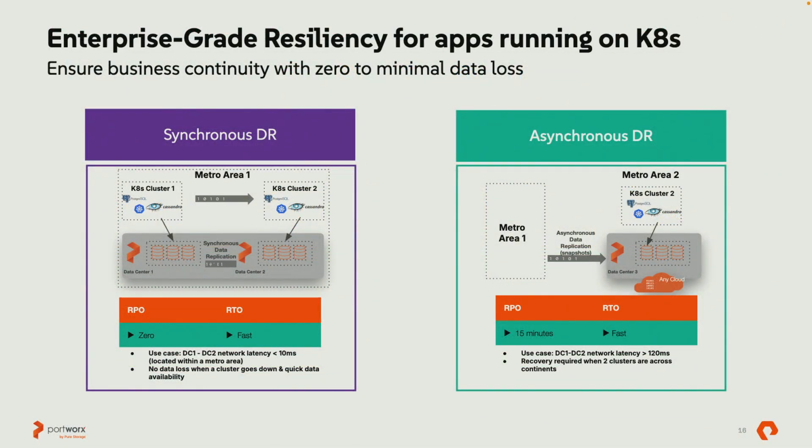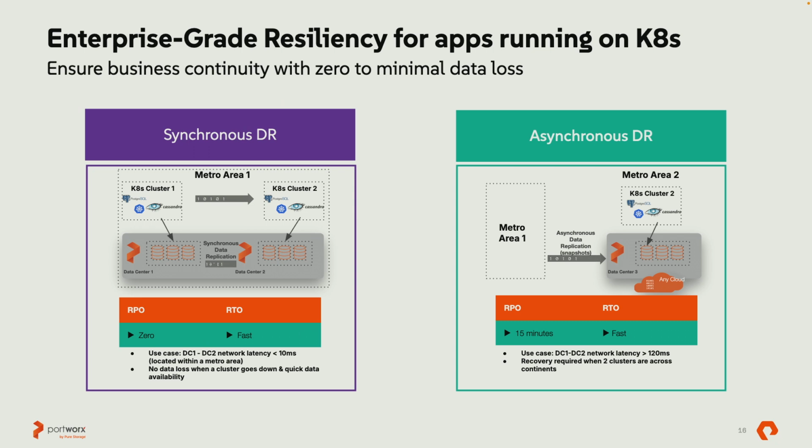Cool, and I do want to double click a little bit into the DR component. Portworx is able to provide both synchronous and async DR. I did talk about sync DR a couple slides ago, but just to reiterate, anytime you're making changes in your production copy, they're immediately being made into your DR copy as long as they're within the same metro region. And if there's a failure, an outage, what have you, the first cluster goes down, you just need to fail over into the DR cluster, and there should be no delta between the data of the two.